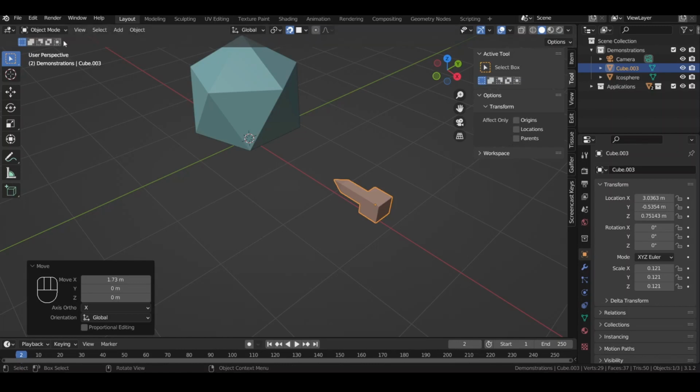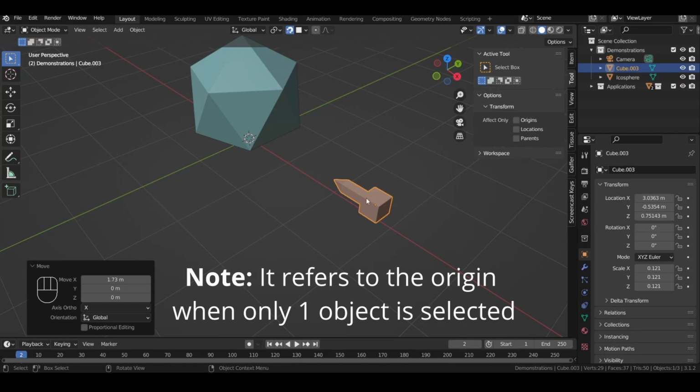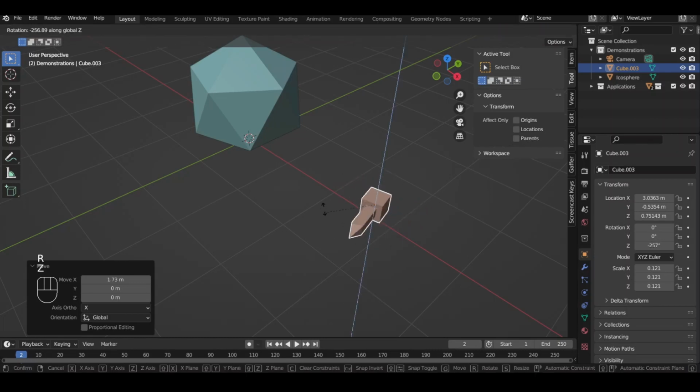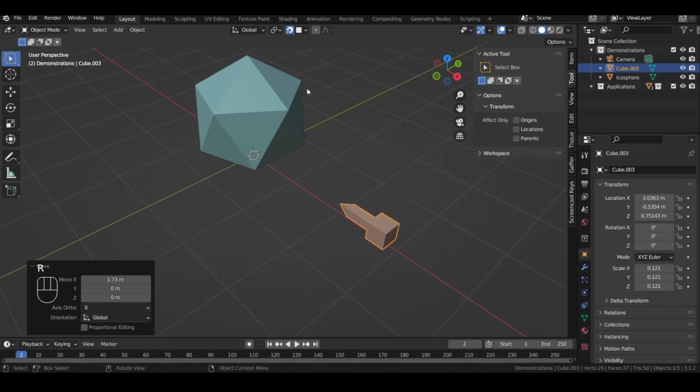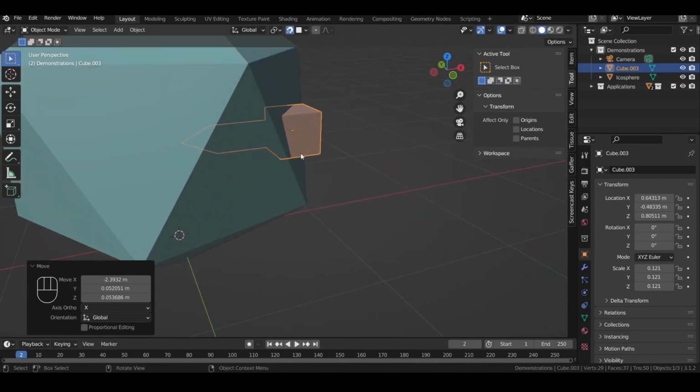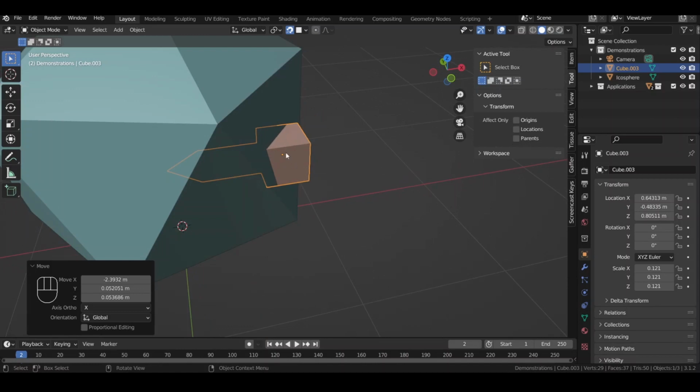Because we're in object mode and our transform pivot point is set to median. In object mode, median refers to the origin point, right? In edit mode, it refers to something else, but in object mode, it refers to the median. So in this case, our transformation center is our origin point. So when we go ahead and snap to the face, you can see it snaps perfectly using the origin point